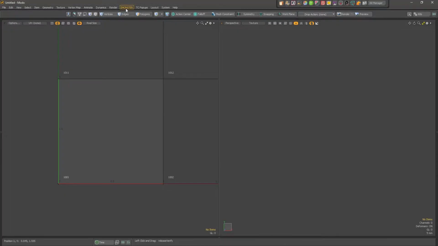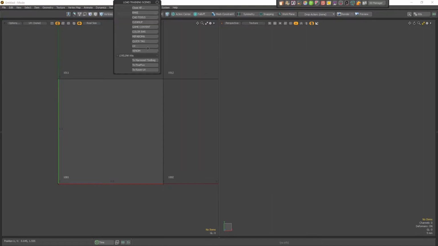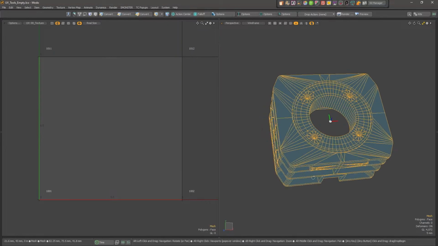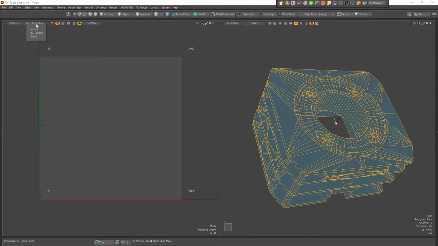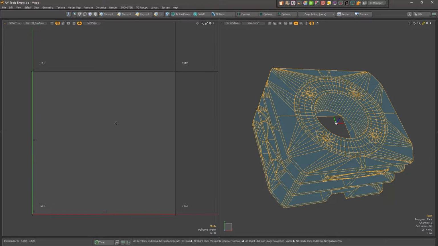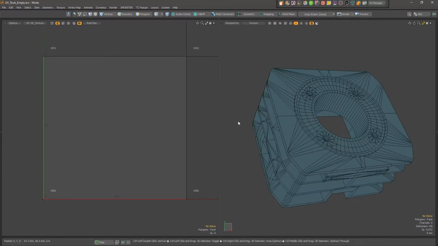Okay, so we'll open an empty scene related to the UV tools. So over here, open it. We have the object, we have the selected UV channel, and I will open the menu. So I will press Ctrl Q,